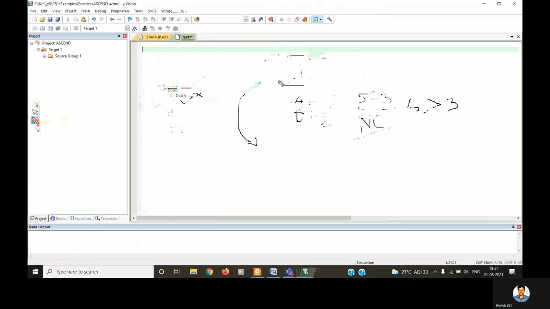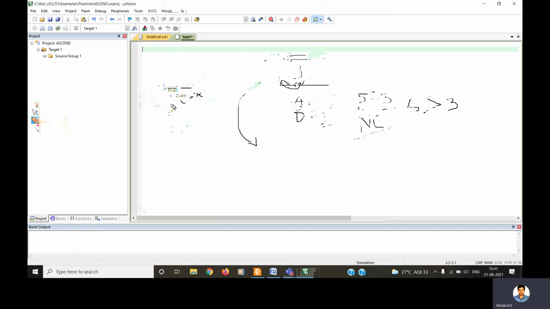So I want to swap these two values. It compares these two locations. The first one is a higher value, the next one is a smaller value. So that's why these two need to be swapped. What happens? Initially this 5 will be located here, because this value is already copied into the B register, so no need to worry about that.